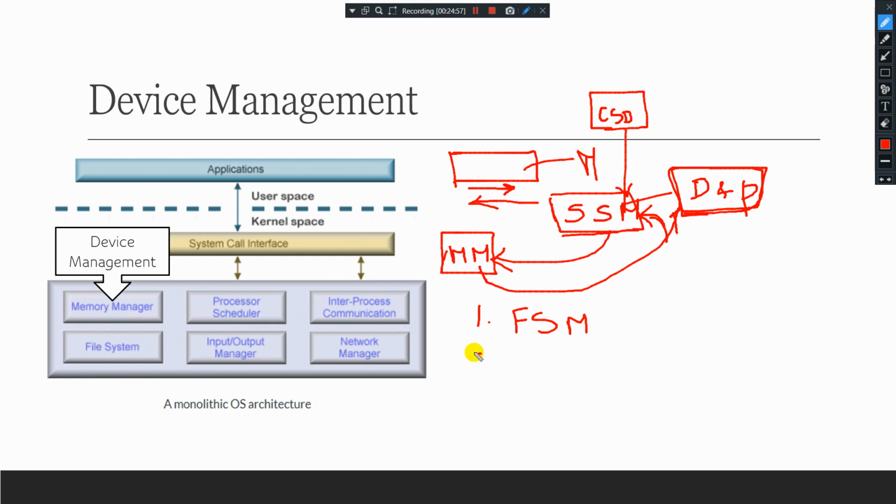Second, storage allocation. The third, disk scheduling. Disk management takes care of these few things: free space management, storage allocation, and disk scheduling.